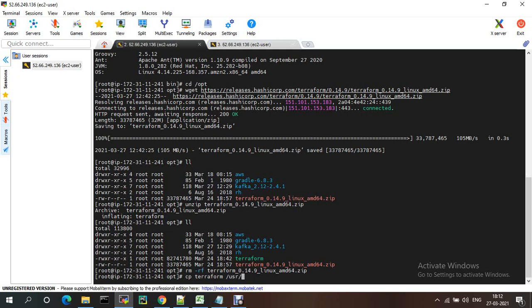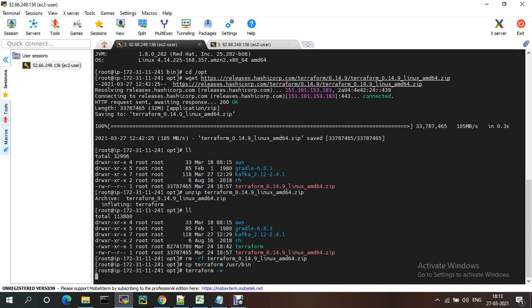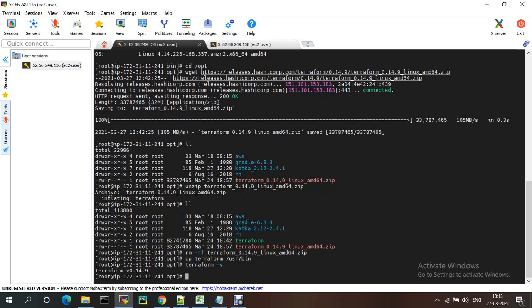The path is already set, so we can access it from anywhere. Check terraform version: Terraform version 0.14.9. That's all about this one.